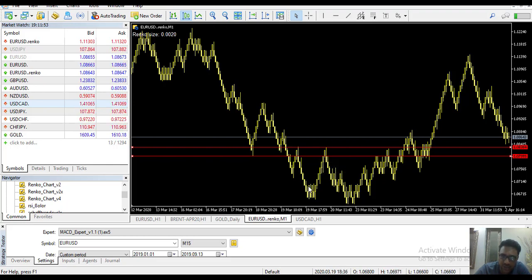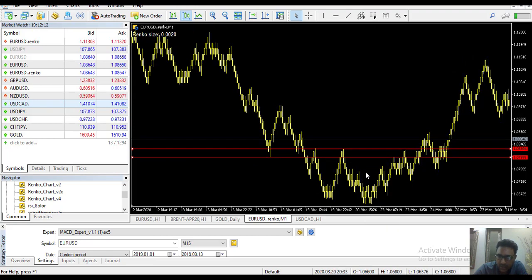The first reaction, it was tough. Then it moved back up in the same area, and then it came back down. You could have made profit from here, or you could have made profit from here as well. So it moved back down, right? Then again it moved back up, a little reaction, then moved back up again, and this is the fourth reaction,